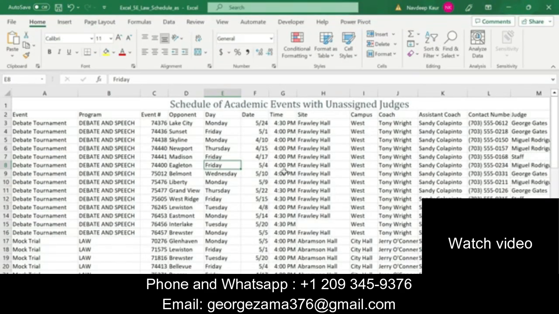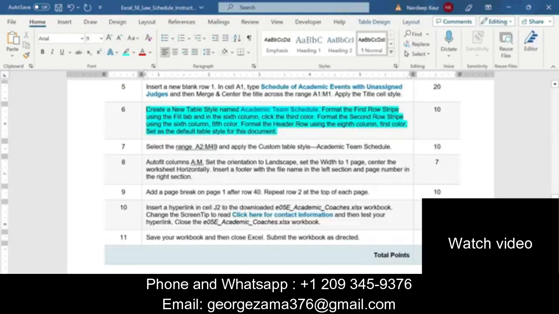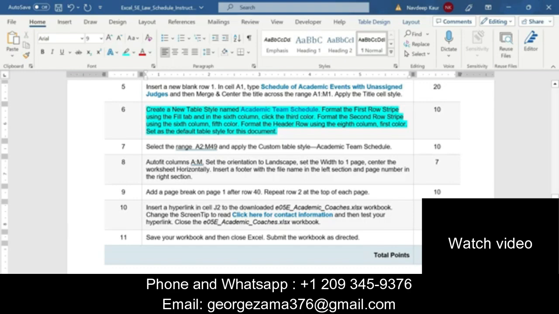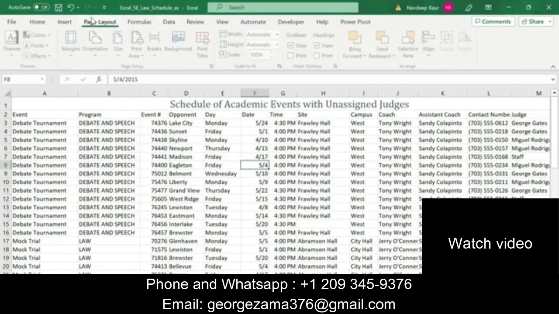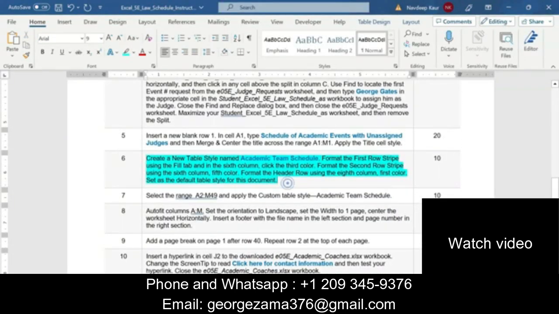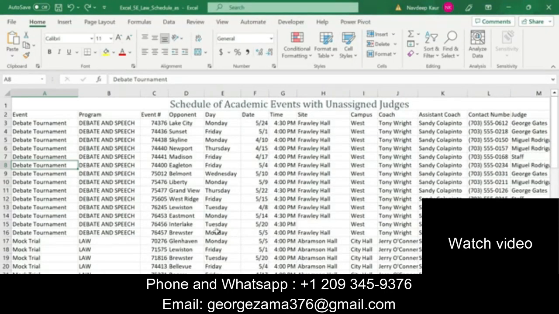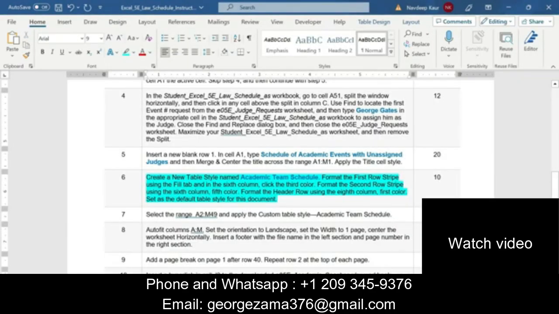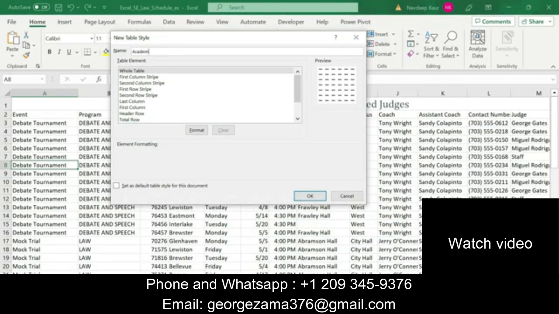So we will go to the home tab and click on the format as table and click on the new table style, and name should be academic team schedule.